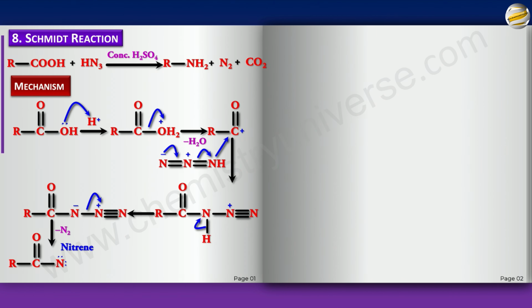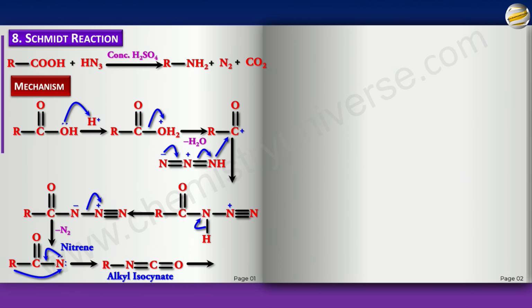All right, now this is what happens. The nitrogen is 2 electrons short of an octet, so the lone pair comes and attacks this carbon. Remember, the carbon already has 4 bonds, so it removes an alkyl group, and that alkyl group goes to nitrogen along with a pair of electrons. This rearranges to what we call an alkyl isocyanate. This is what will always happen when you get a nitrene of this kind. Whenever you get an RCO nitrene, you will always get an alkyl isocyanate eventually.